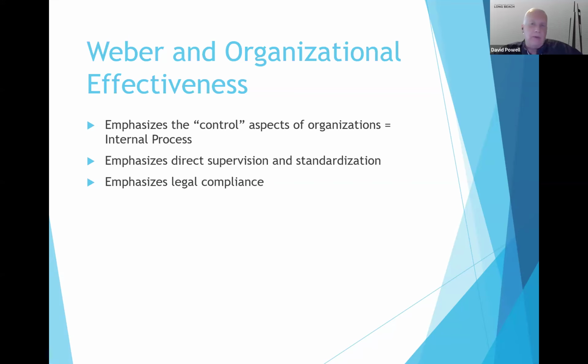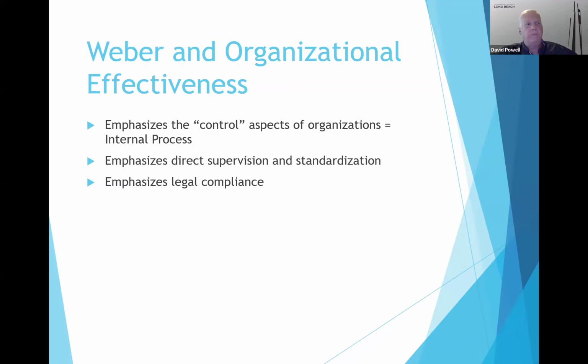Then the other model is obviously going to be internal process because we are looking within the organization. We are not looking beyond the walls of the organization, so we're not in an open systems model. We are not looking at trying to satisfy our employees, which would be more of a human relations model. We're looking at those policies, processes and procedures and trying to develop the most efficient policies and procedures we possibly can. What we're trying to achieve here is to build in stability and control with this top-down, tall hierarchical system that will again allow us to control the processes within our organization.